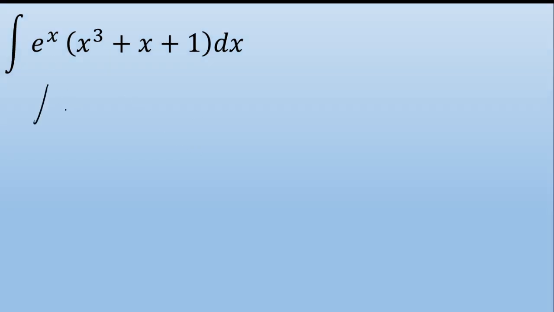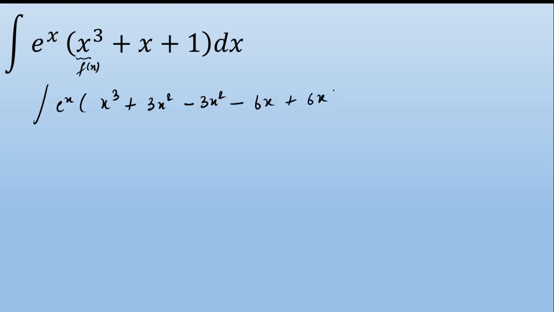Now I'll write this integration as integration e raised to power of x multiplied by x cube. Now when I see x cube, let's say this is a function f of x, algebraic function. Now I need its derivative. It's not present, so I'm going to create it here. So the derivative of x cube is 3x square. Now that I have added 3x square, I have to subtract 3x square. Now let's see, minus 3x square is one more function, so its derivative I need in the integration, that is minus 6x. Now that I have subtracted 6x, I have to add 6x.